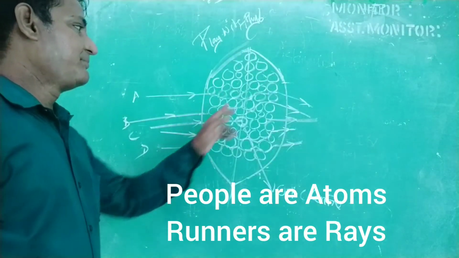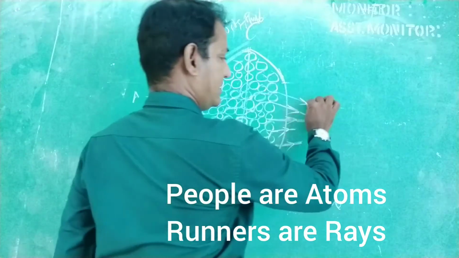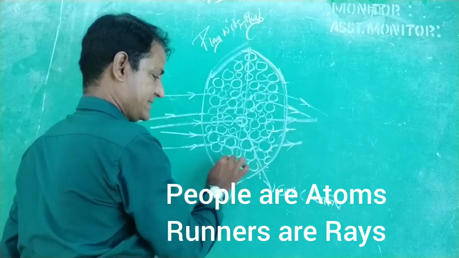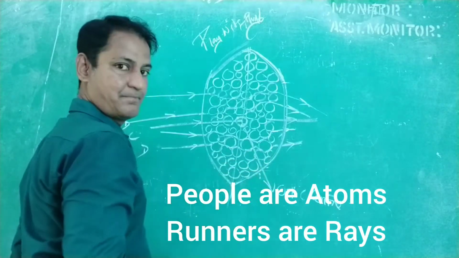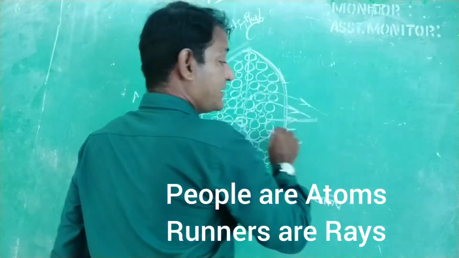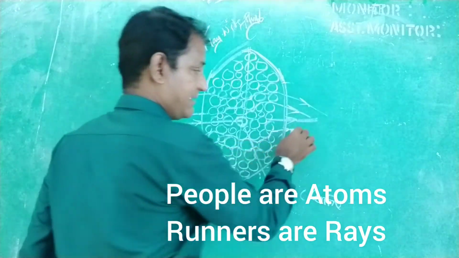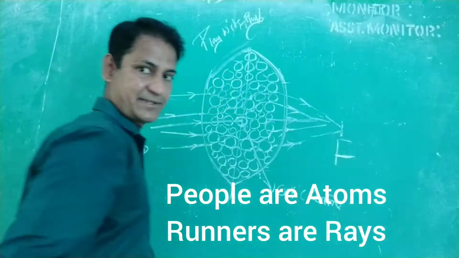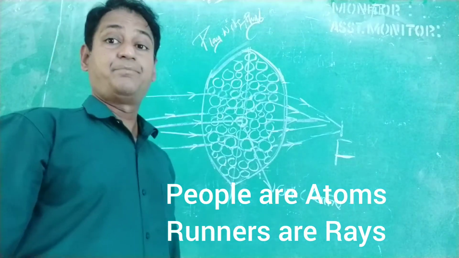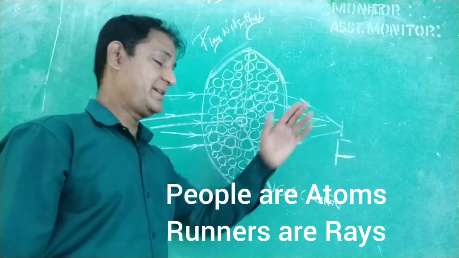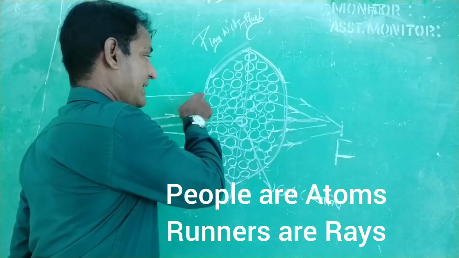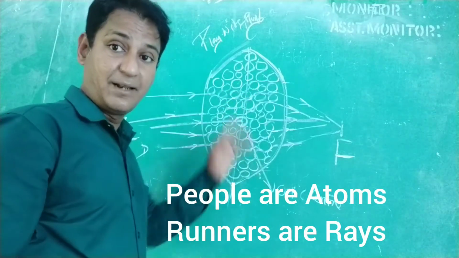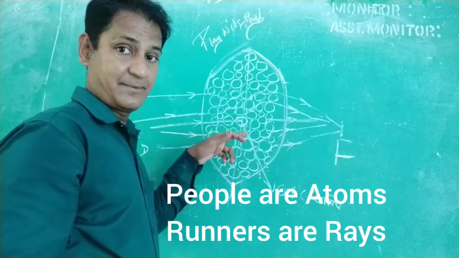So here there are many refractions. According to the shape, the geometrical structure of this lens, the rays may be refracted in different directions, but they will converge at the same point. That point is what we call the principal focus of the lens, whether concave or convex. Whenever the light rays pass through different points of the lens, except through the optic center,